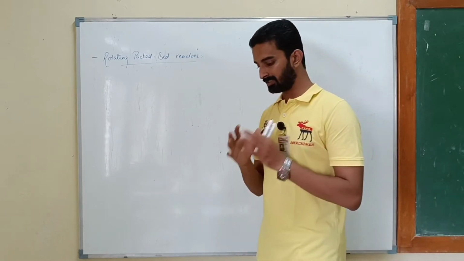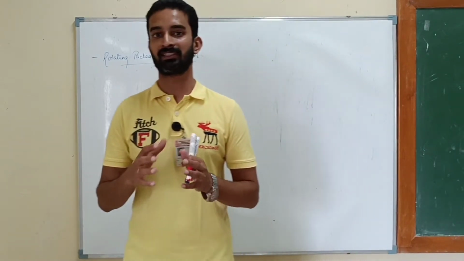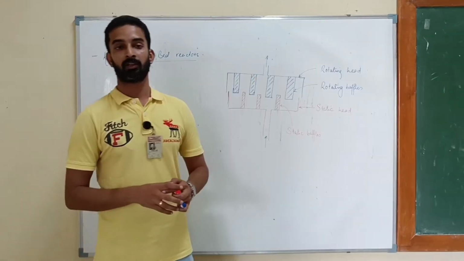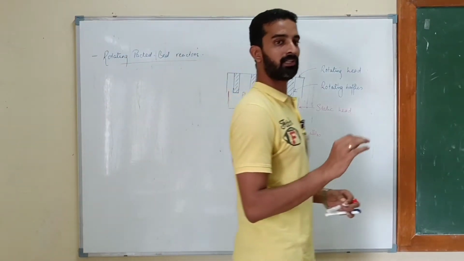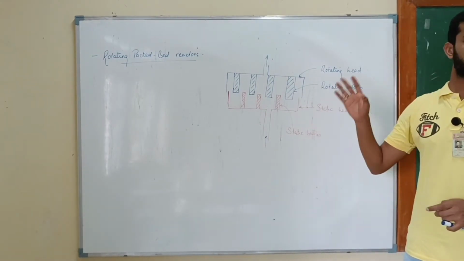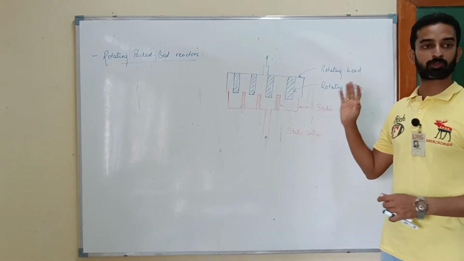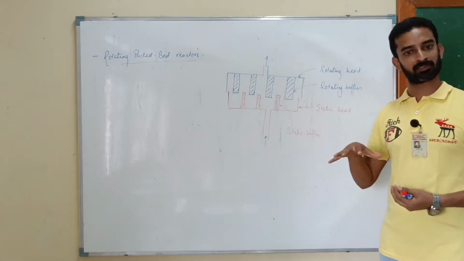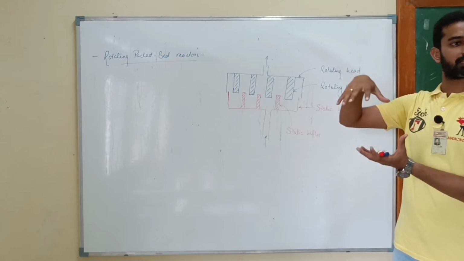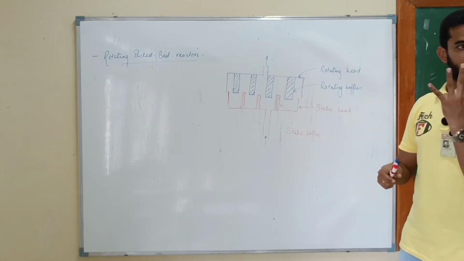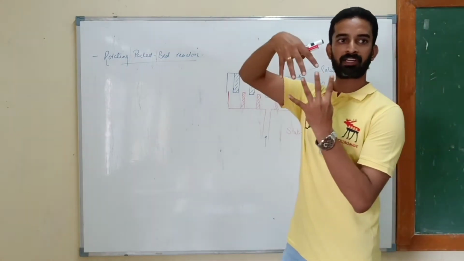But one of the easiest ones to understand, so that we can see how it actually works, I'll just try to draw. So this is a very simple and schematic representation of what a rotating packed bed reactor looks like. Okay, and there are actually just two parts in this. One is the upper part and the other one is the lower part. The lower part is the static one, and the upper part is the rotating one.